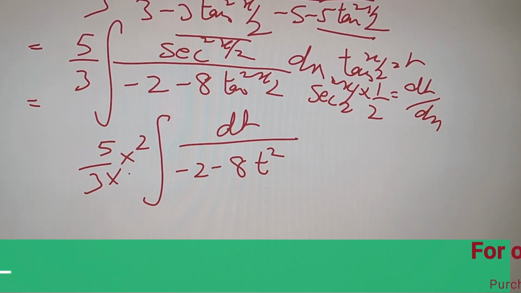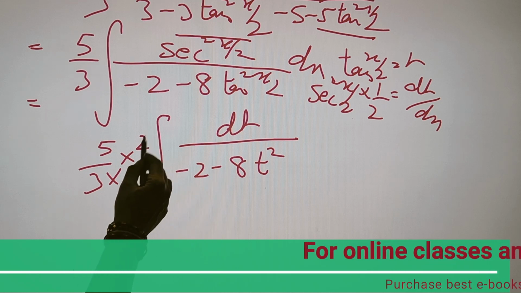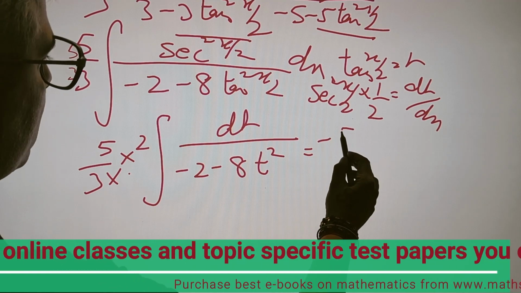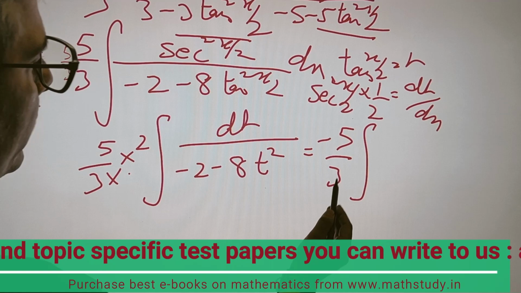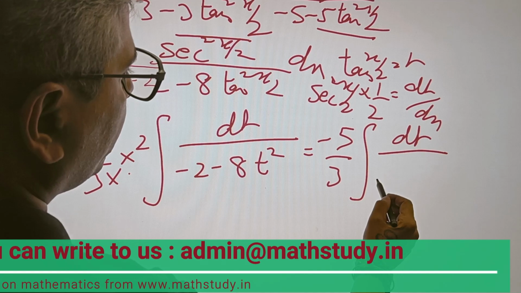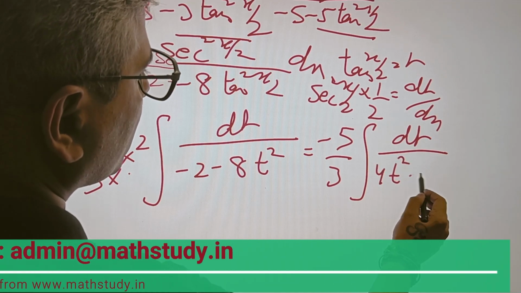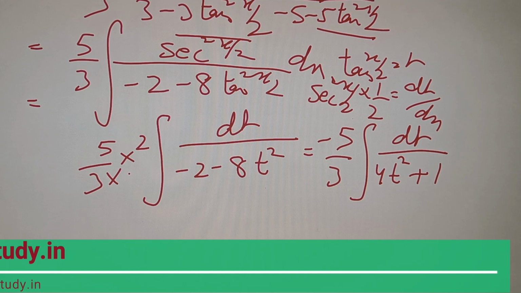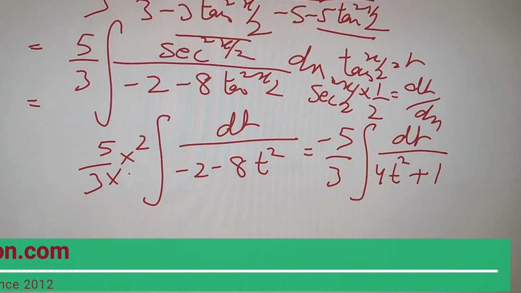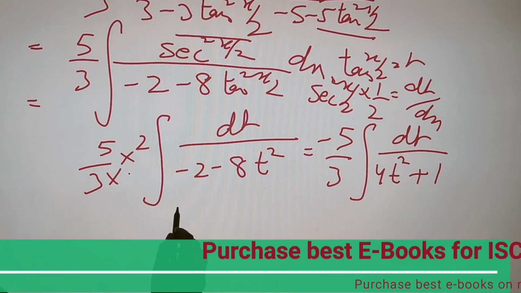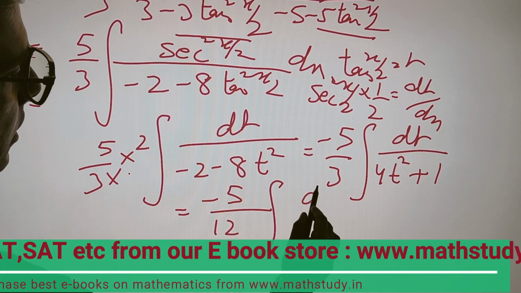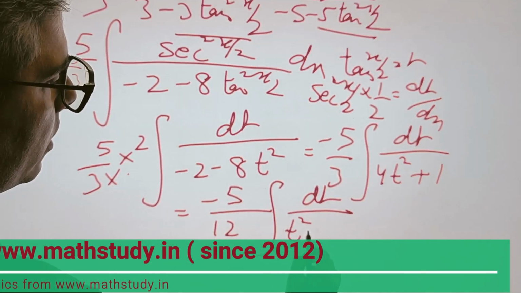Now what we can do, we can simply take out 2 as a common factor, so that we can cancel out this 2, and we will get our question this way: minus 5 by 3 integration of dt upon 4t square plus 1. We have taken the minus common. Very simple. Now we have simplified our integral, and now we can take out 4 common from the denominator, so that our question will become like this way, 4 3s are 12, and dt upon t square plus 1